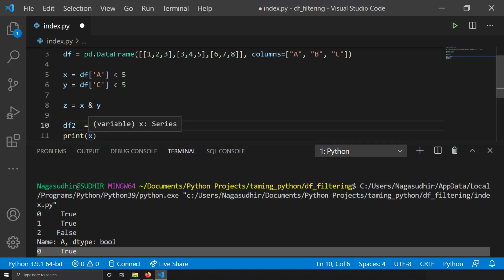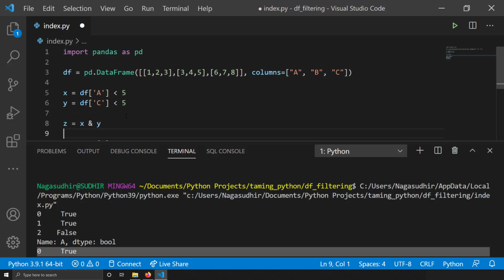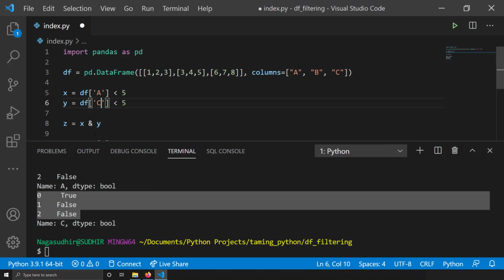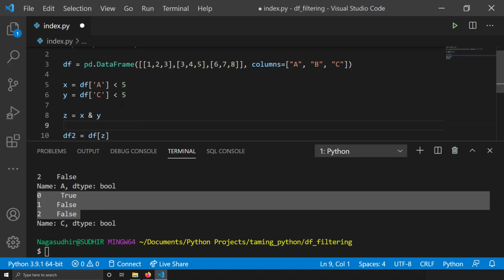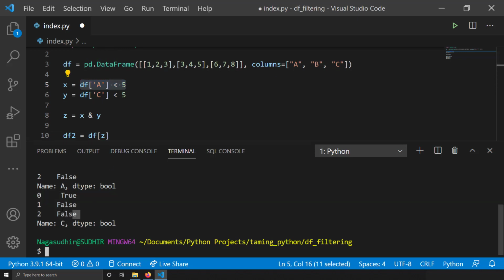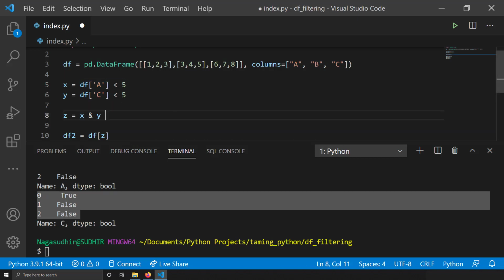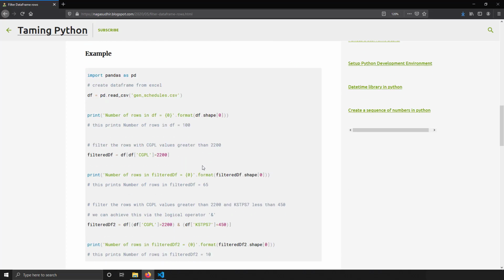So what's happening in the backend for multiple conditional statements is basically just boolean AND, OR, and all these boolean operations. This is why you don't give the "and" conditional operator or the "or" conditional operator for pandas data frame filtering. You just give these boolean operators, because what these conditional statements like df of a less than 5 emit is just a list of Trues and Falses. While you're doing multiple conditional statements, you're just adding up those lists, or else you're doing bitwise operations on those lists. So this is how multiple column filtering works at the back end.